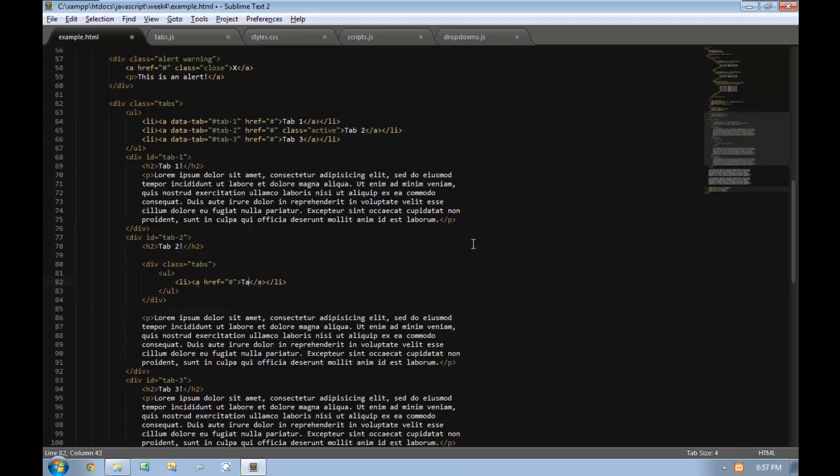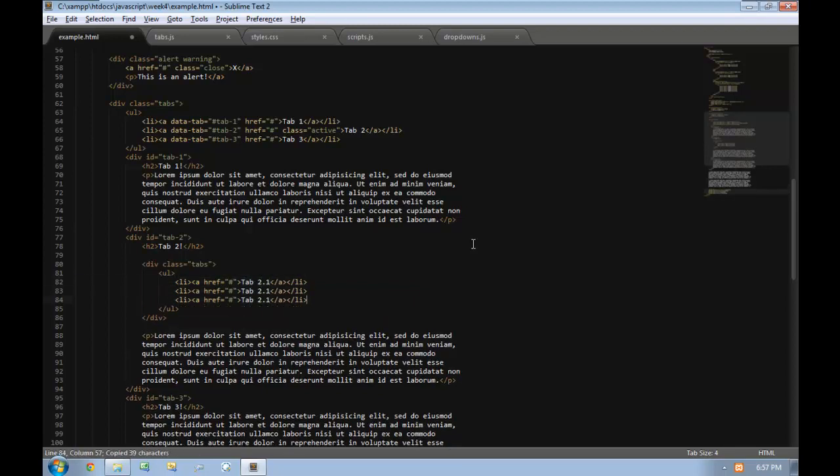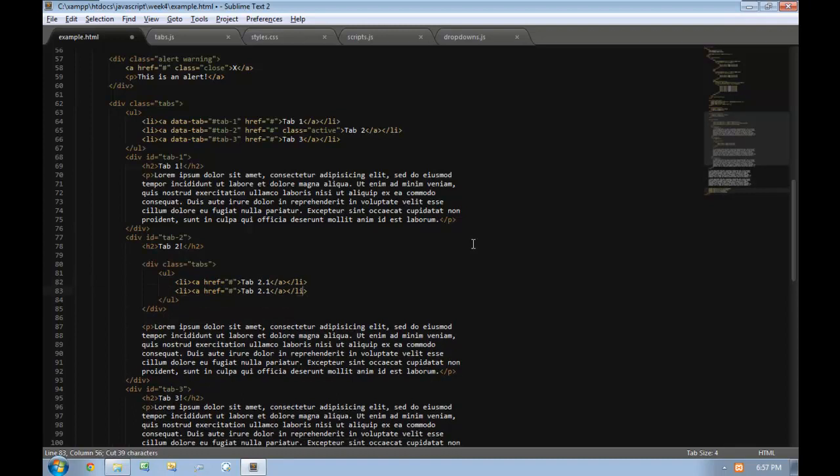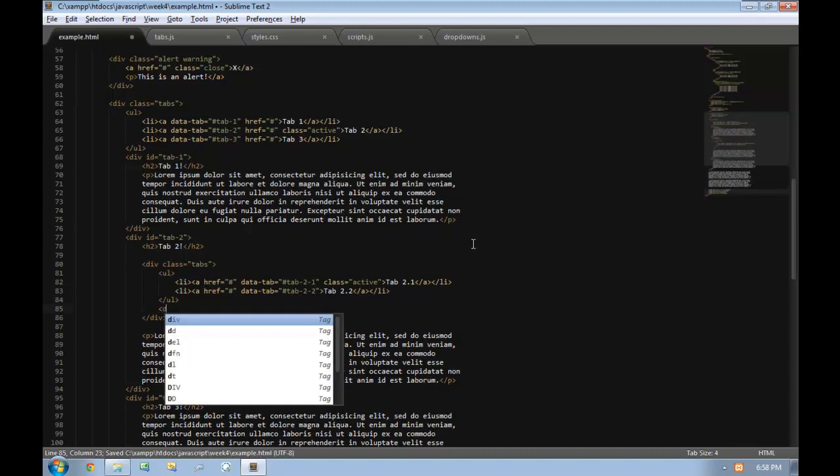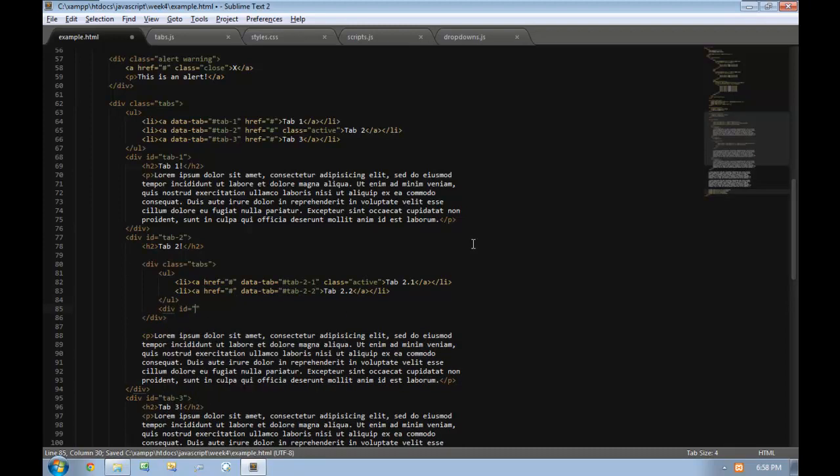So I'll say tab 2.1, 2.2, and then I'll give 2.1 a class of active, and then I'll go ahead and give this a data tab of tab 2.1, give this a data tab of 2.2, create a div with an ID of tab 2.1,